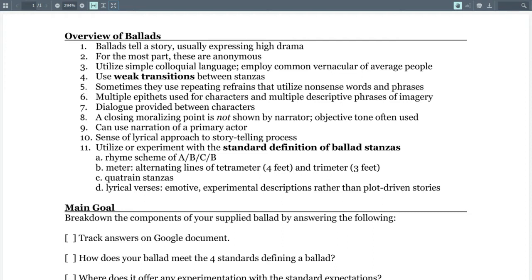So the common goal between all this writing, you want to use a simple colloquial language. That is because ballads are set in English. And remember, the nobility class and the clerical class all spoke in Latin or French. English was the common language. The lower classes